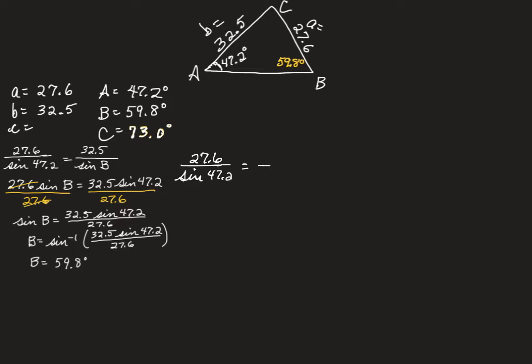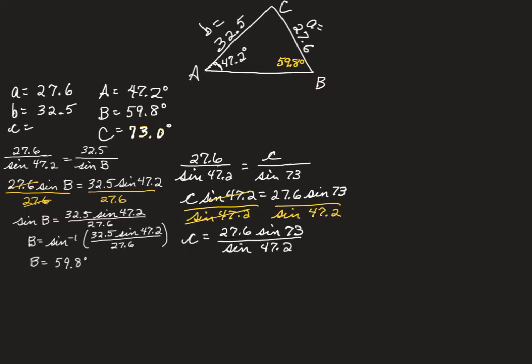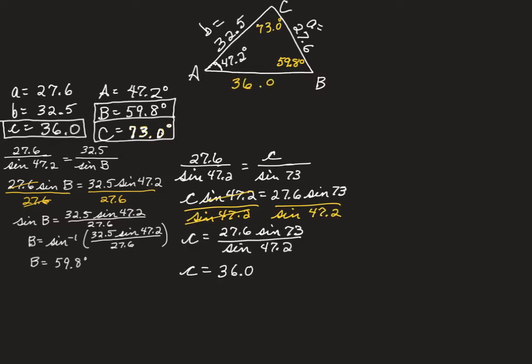And then we now have 73 degrees for the measure of angle C, and we're looking for side C. Cross multiply and divide both sides by sine of 47.2 and apply your calculator to get 36.0. However, let me get this out of the way,